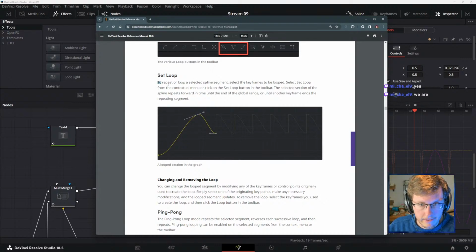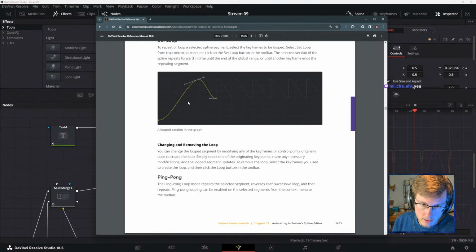To repeat or loop a selected spline segment, select the keyframes to be looped, and then select set loop from the context menu or click on the set loop button in the toolbar. The selected section of the spline repeats forward in time until the end of the global range or until another keyframe ends the repeated segment. Yeah, that's cool.